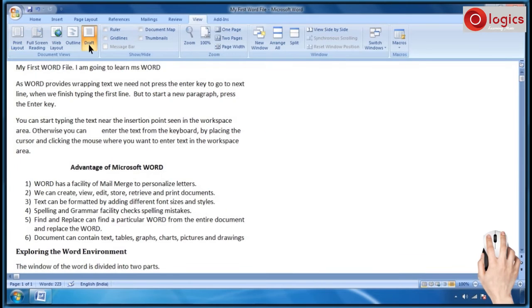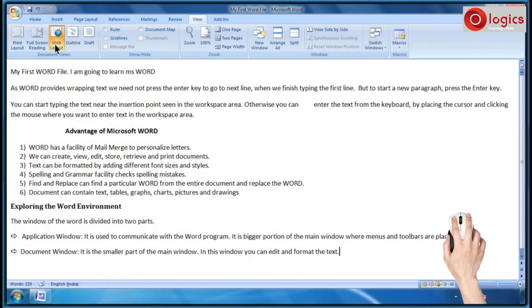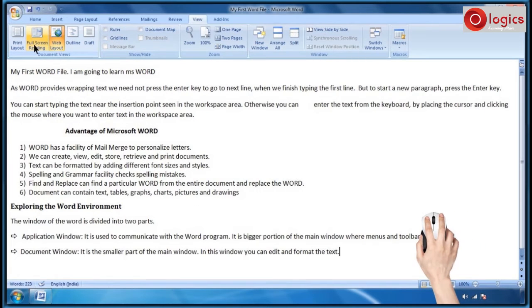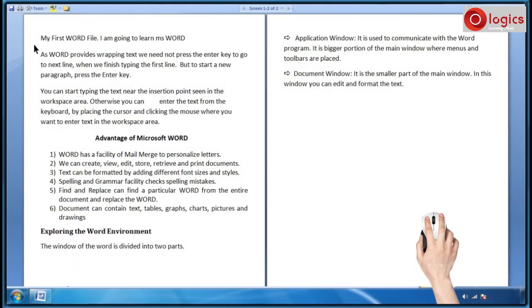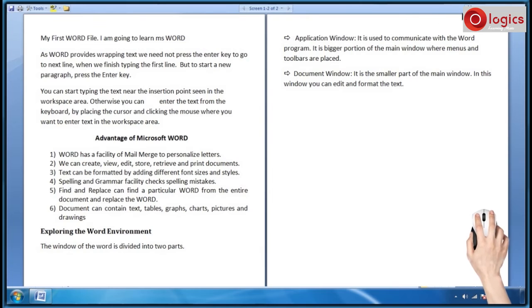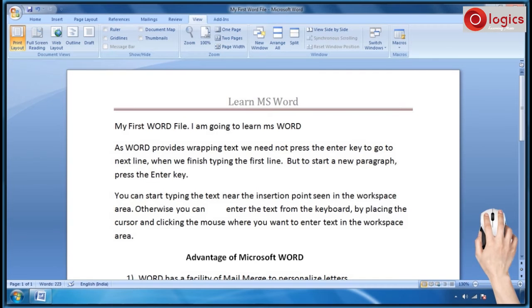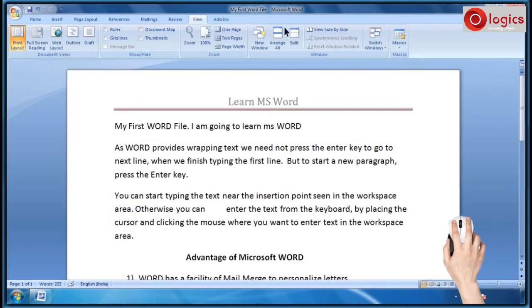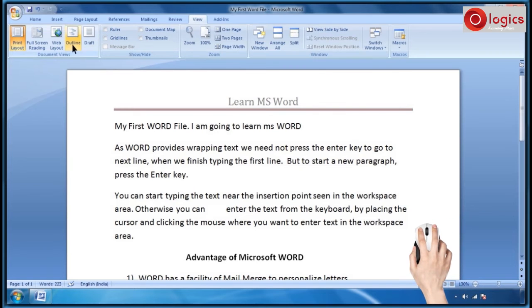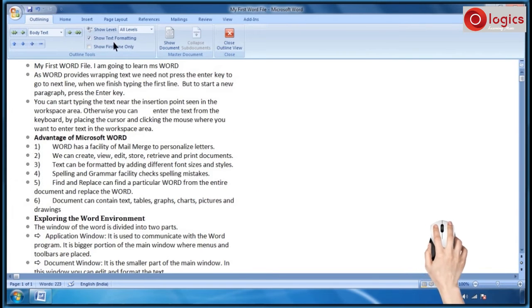This is the draft view. This is web layout. And this is full screen reading view. This is an outline view of the document.